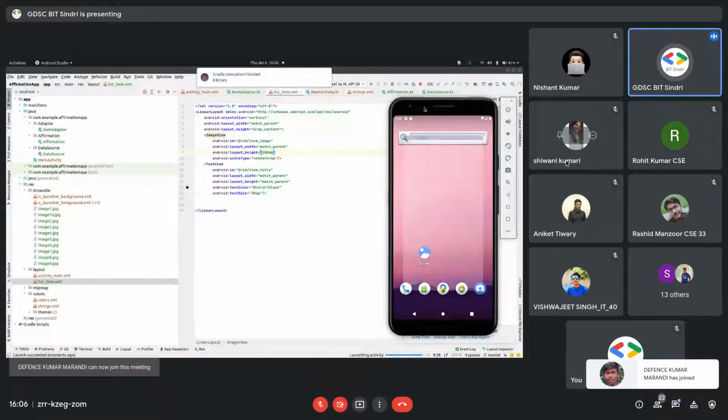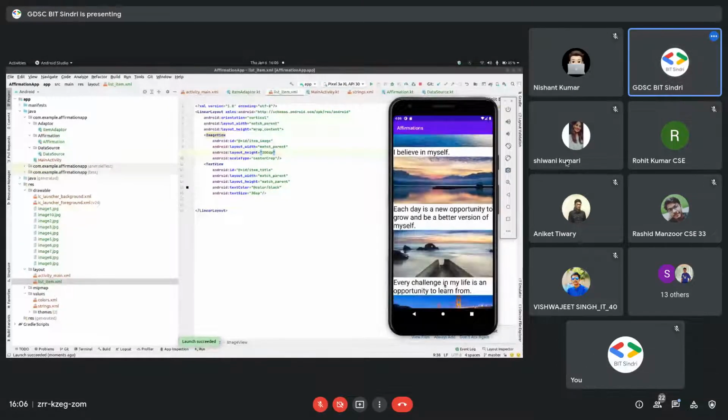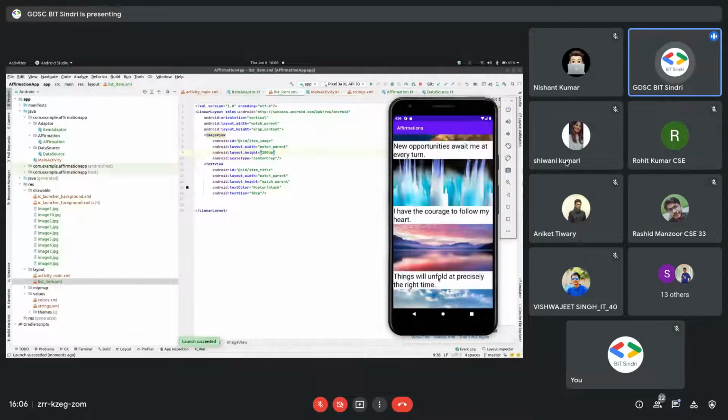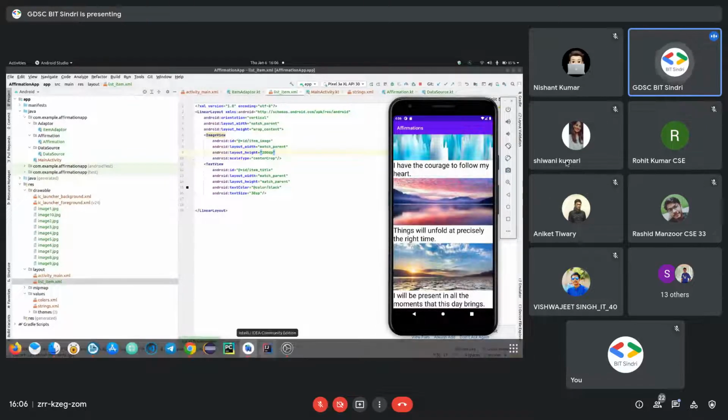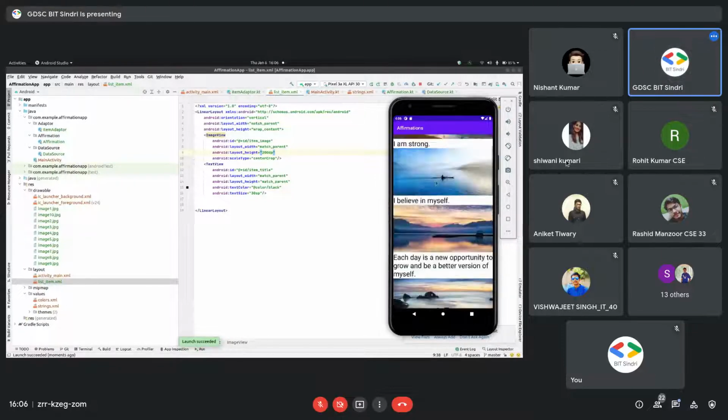It's installing. So now it looks bigger, and I hope you all understand this. If you have any doubts, you can ask now. We have implemented the recycler view successfully. Okay.